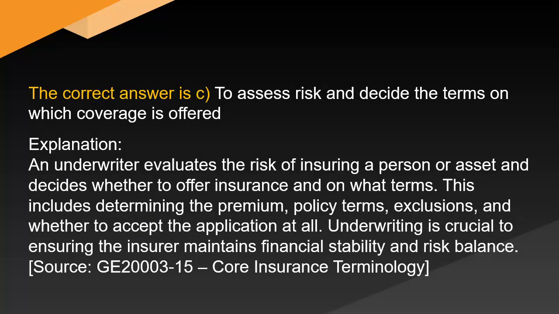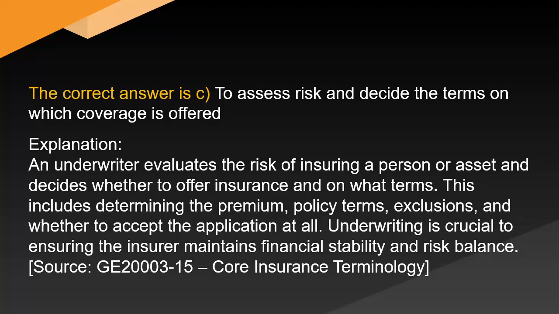The correct answer is C. To assess risk and decide the terms on which coverage is offered. Explanation. An underwriter evaluates the risk of insuring a person or asset and decides whether to offer insurance and on what terms. This includes determining the premium, policy terms, exclusions, and whether to accept the application at all. Underwriting is crucial to ensuring the insurer maintains financial stability and risk balance. Source: